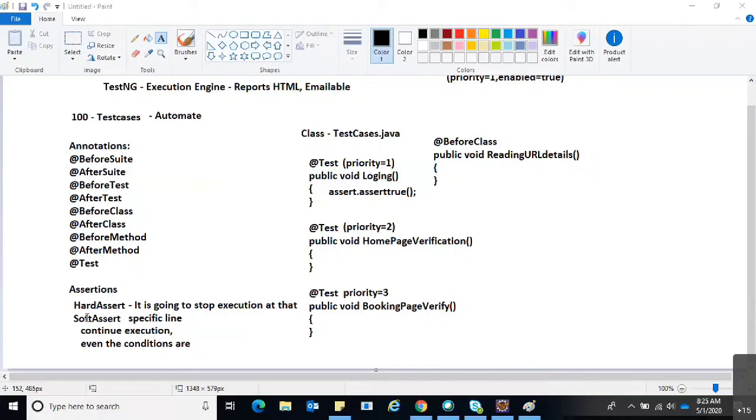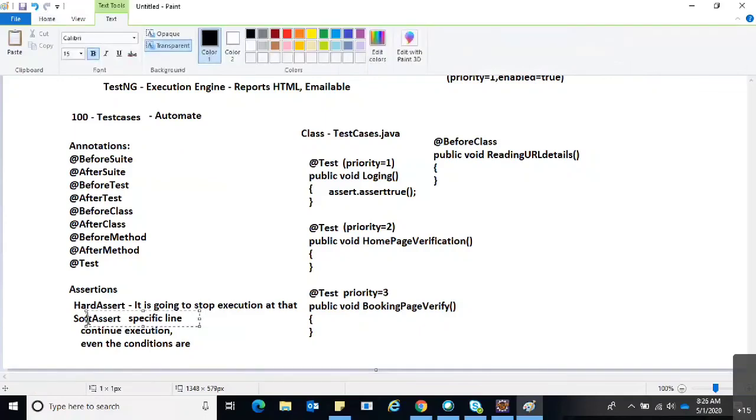Generally we will use Assert.assertTrue or assertFalse with the condition, expected and actual. If you are not calling SoftAssert, that is a hard assert. If you are calling the SoftAssert class and creating an object for it, then it is a soft assert.